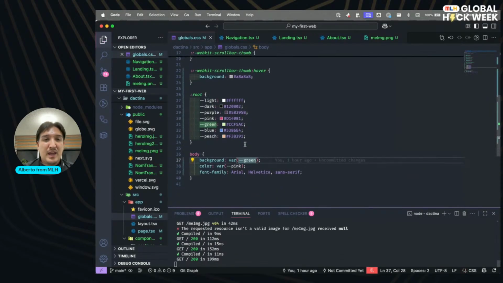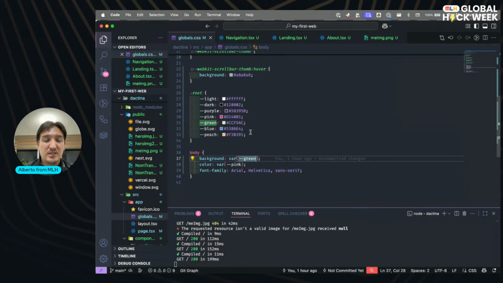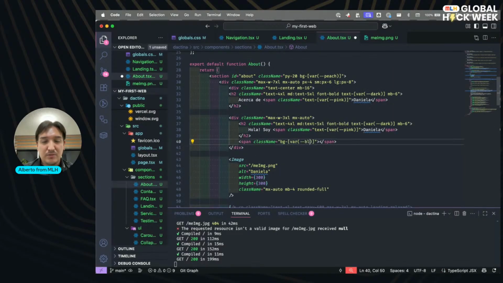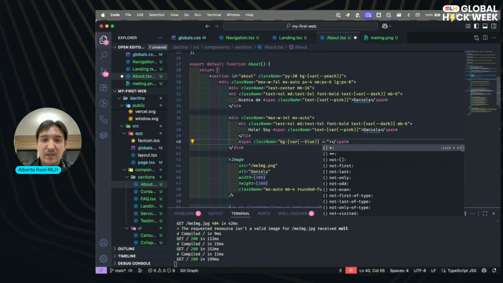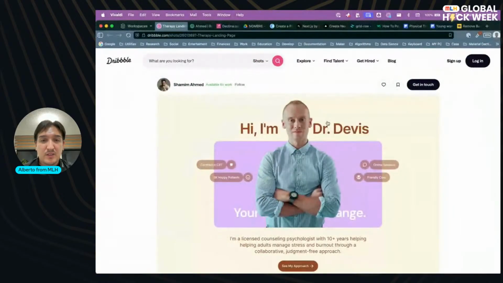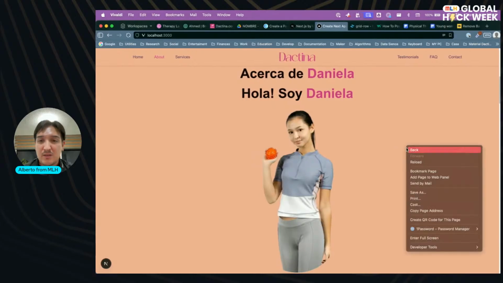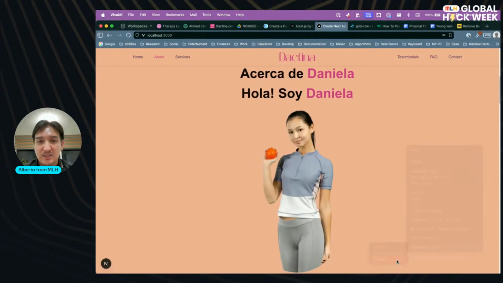What other colors do we have? We haven't used blue yet, so let's use the blue. With, I don't know, auto. And let's see what's happening here. Okay, I'm going to start inspecting.